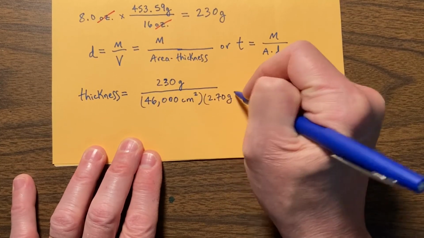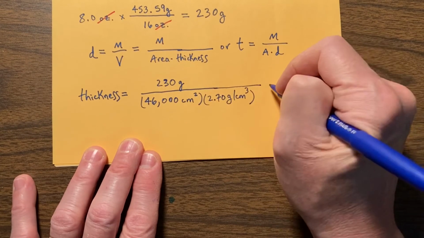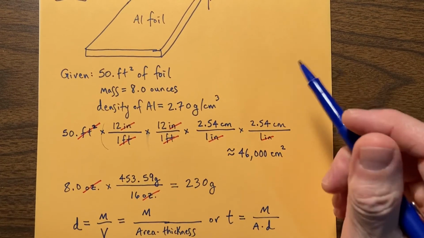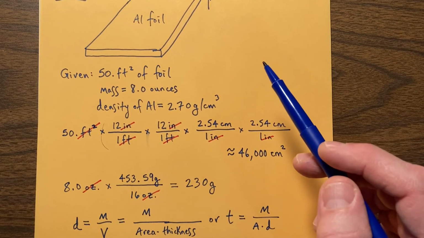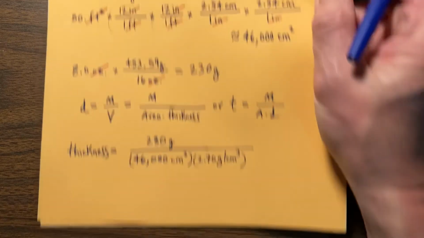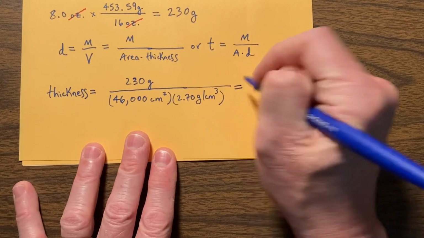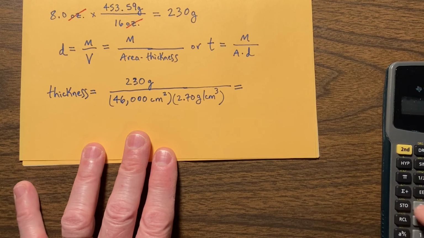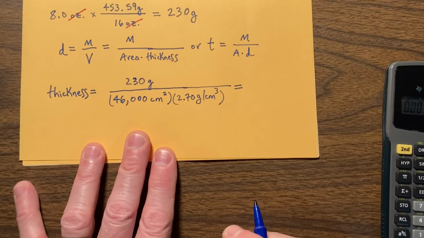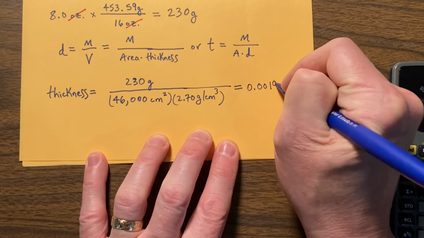2.70 grams per cubic centimeter is my density. Almost all the time, but not always, all the information you're given will be used to solve a problem. And if I do that, I get 230 divided by 46,000 divided by 2.7, to 2 sig figs, it's 0.0019